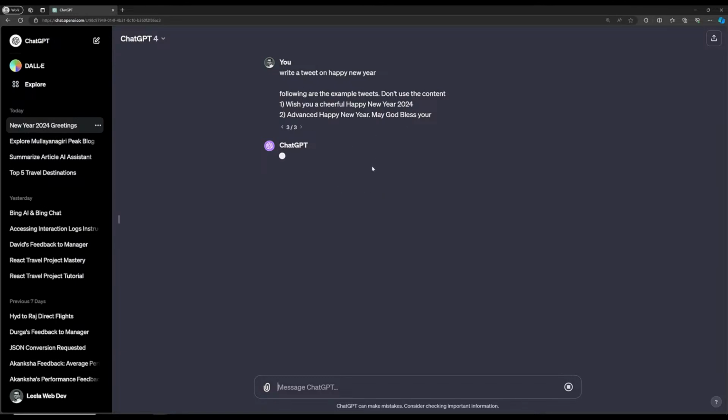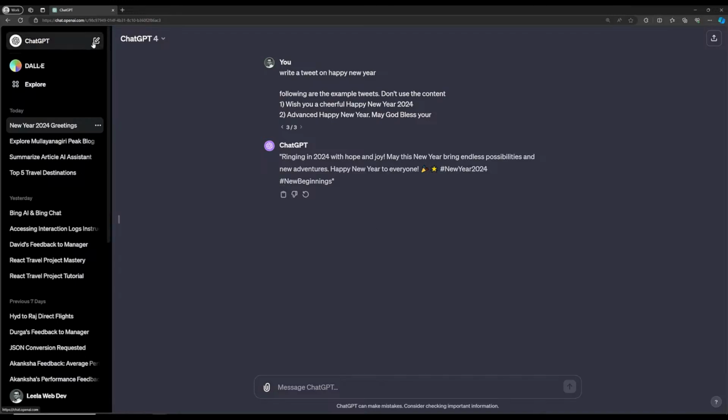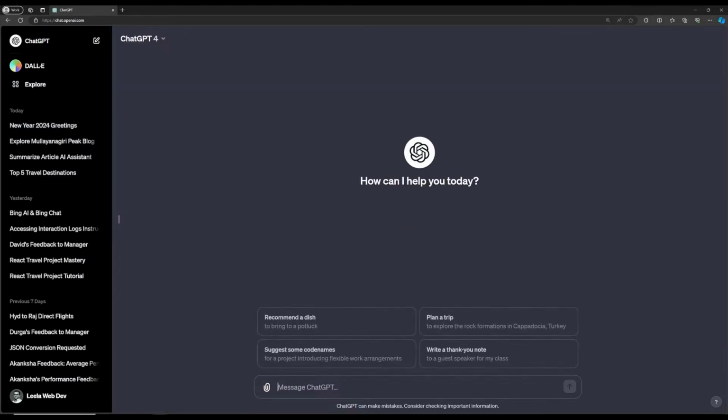So now it is trying to regenerate the tweet with your examples. See, so this is how it is trying to give. This is one concept of getting a good response from ChatGPT. So this is one methodology. And another way which I want to tell you is